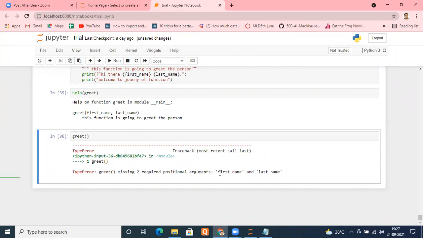So how can we solve that? It needs first name and last name. Suppose I'm putting first name as Praveer, and I'm not writing the second thing. Again, it will throw an error because two mandatory arguments are there. Missing one required positional argument. Again, the problem is there. So after the first argument, what should come? The second argument, which is last name. My last name is Saxena. Now it won't throw any error and it will display whatever I wanted. Please check it.